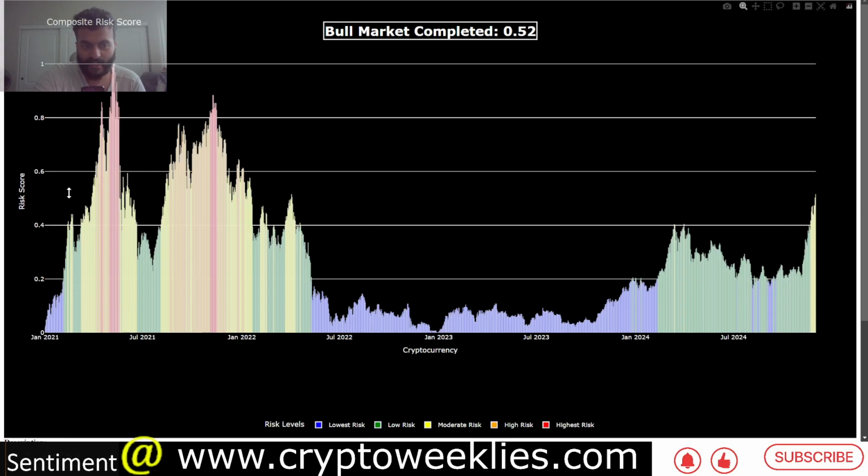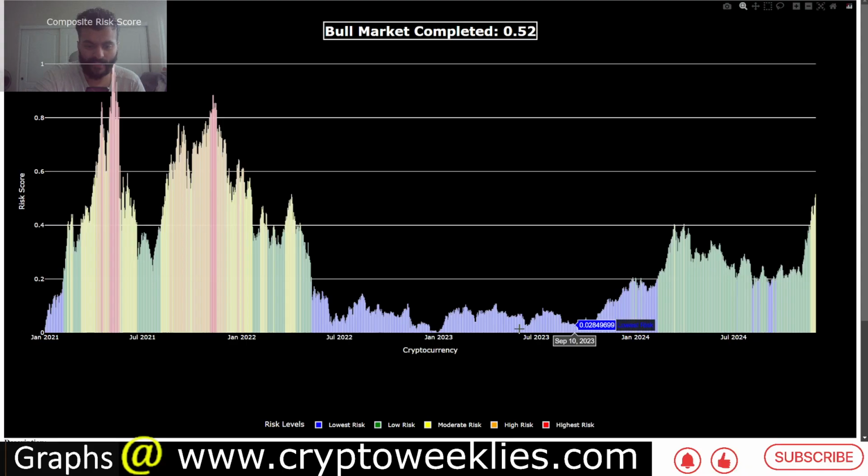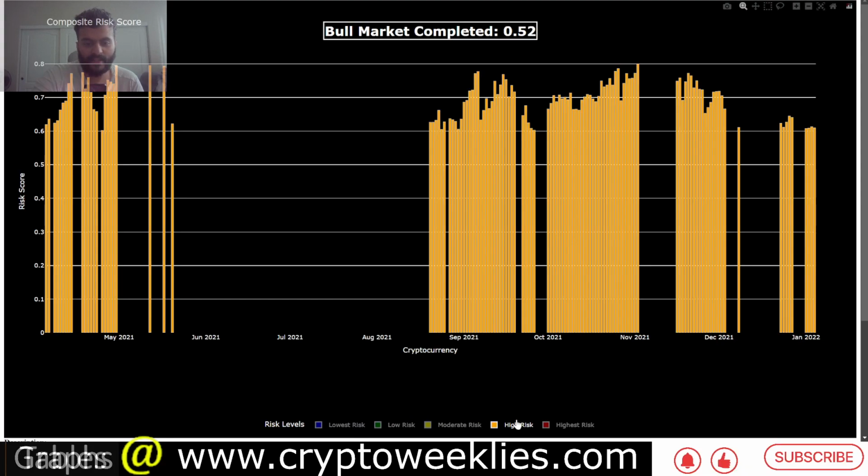Above 0.6, that's when the risk color codes change from yellow to orange. You can see the last time we spent most of April of 2021 in this orange territory, and briefly in this red territory as well. So at that point in time, the advancement of the risk levels happened really fast.